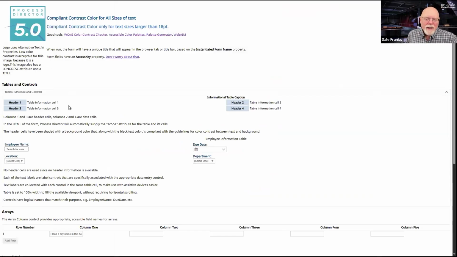All right, so let's move on to tables. In this table, this first column, and I can't, it's HTML, I can't highlight just a column. The column here where it says header 1 and header 3, those are header cells. All of the other cells are information cells. You should, whenever you are presenting data in a tabular format, have identified header cells and table cells.